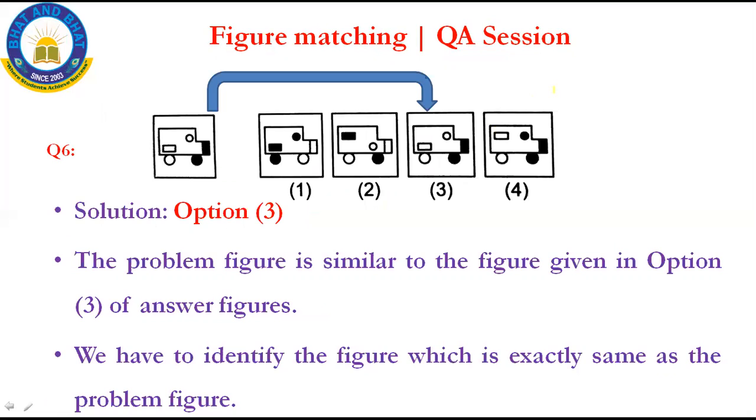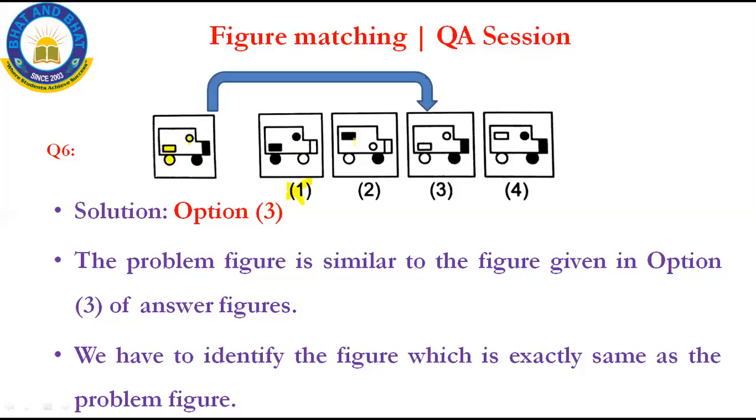You all played with toys when you were kids, isn't it? It looks like a toy only. Let's see now. Yes, a toy. And then you have to see the darkened shade also, where it is shaded and where it is unshaded. See a small circle, rectangle, and then the left side is unshaded and the right side is shaded. Okay. Now let us analyze the first option. Why not the first option? Because here the two are also shaded. Here in the problem figure it is unshaded. So option 1 is not the answer.